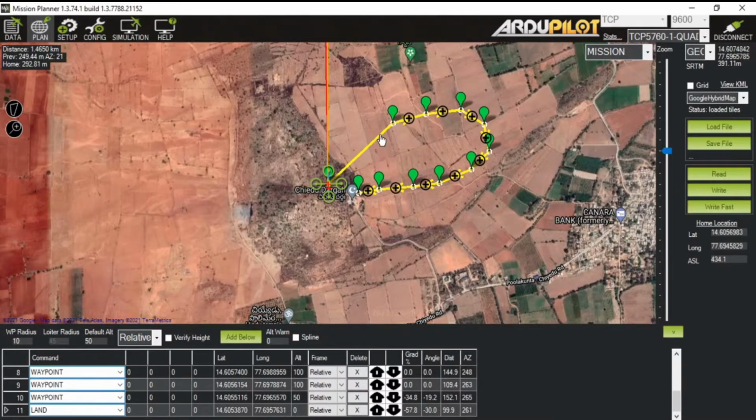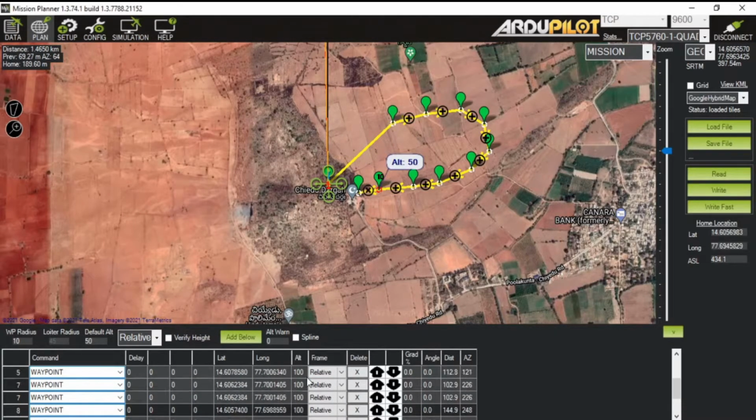It will start climbing and it will reach waypoint 2, and the height of waypoint 2 is, you can see, 100 meter. Then this climb phase will end. After the climb phase, it will fly the mission, that will come under the cruise phase, and it will reach the last waypoint, that is the 9th waypoint.